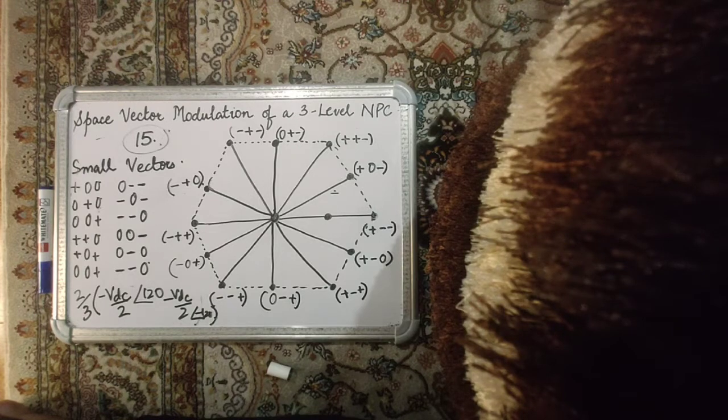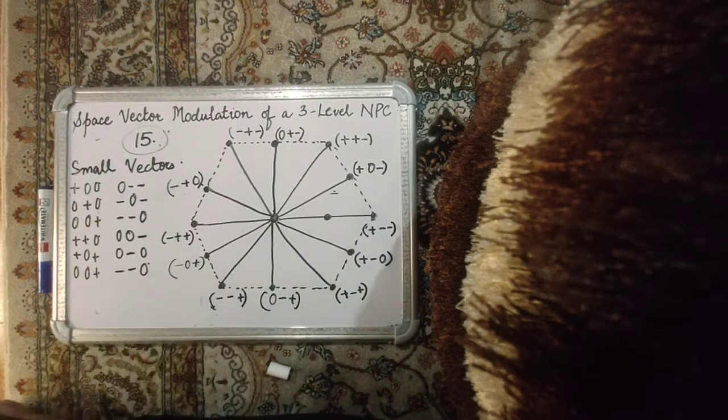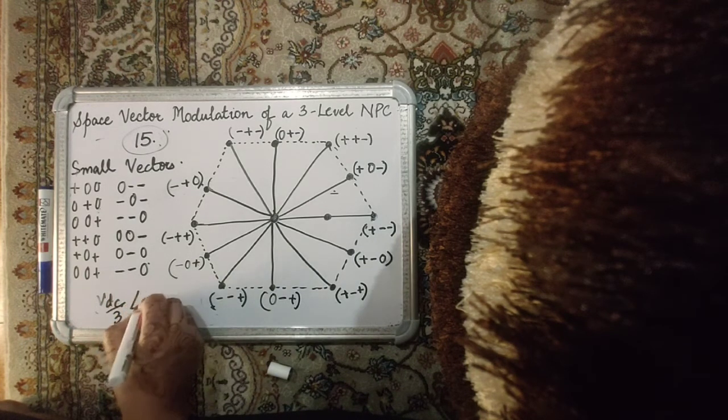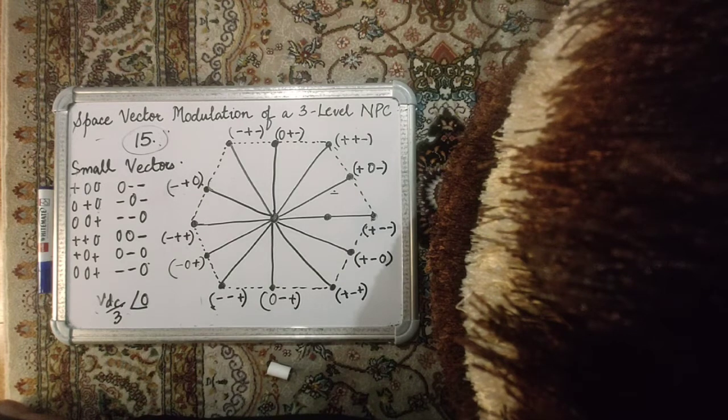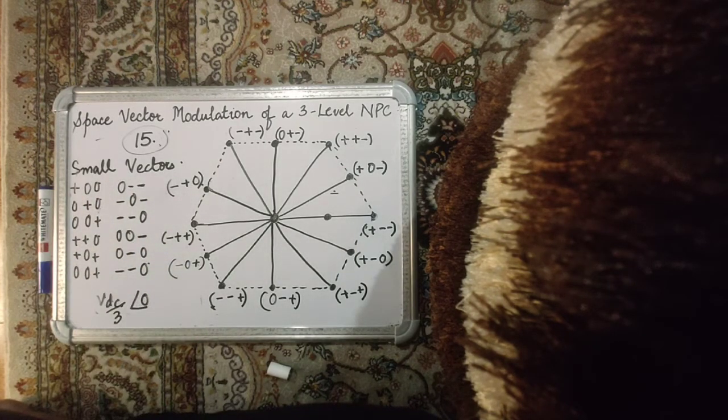Angle of minus 120 into minus 1, that is 1. So this particular vector also has a magnitude of VDC by 3 and its phase again is 0, which means that these 12 small vectors will